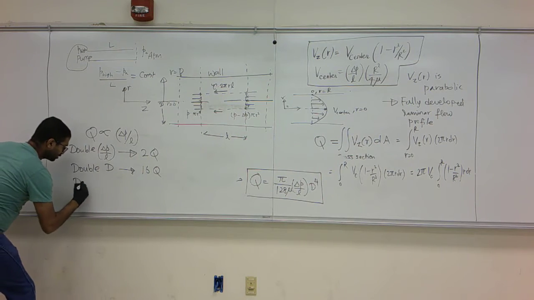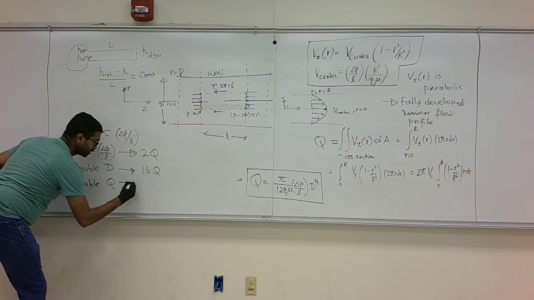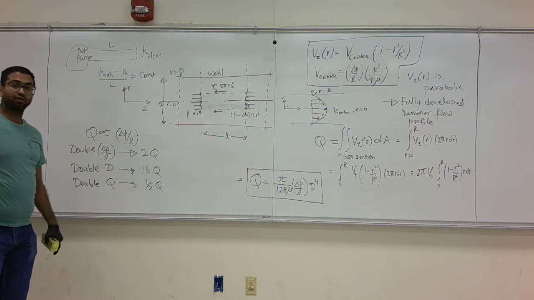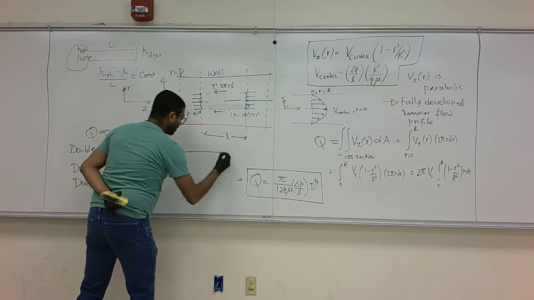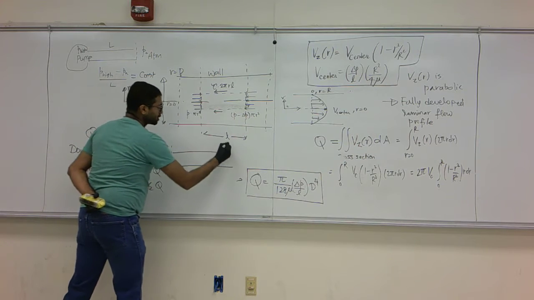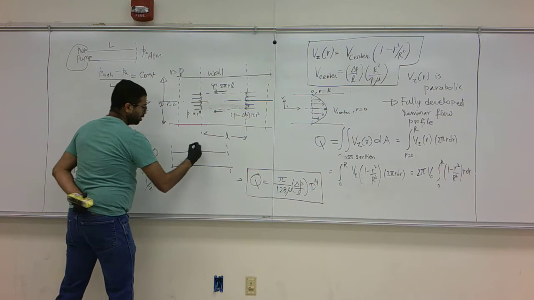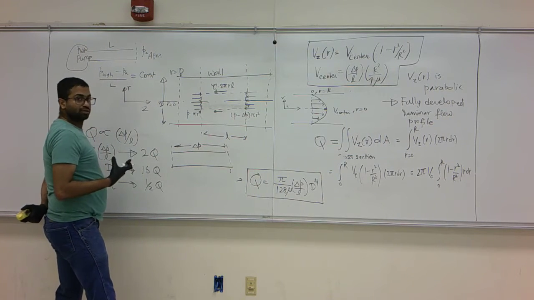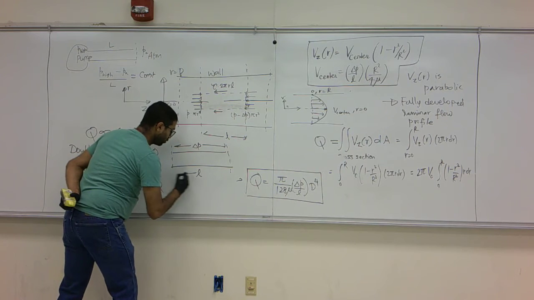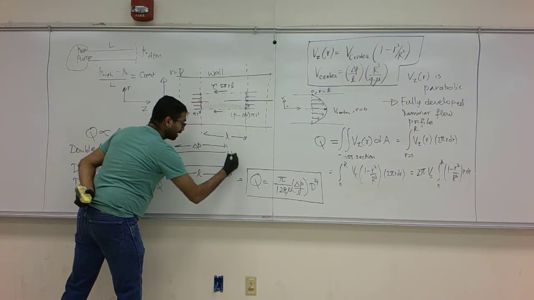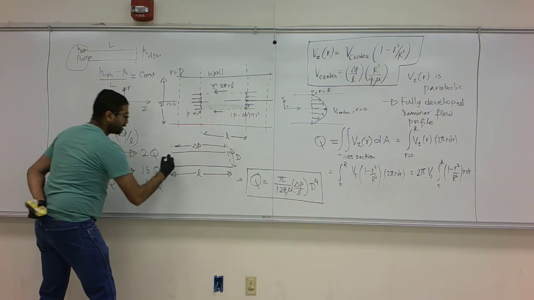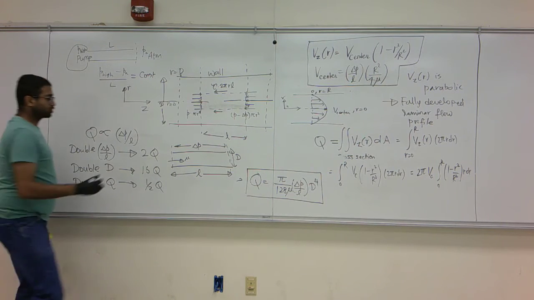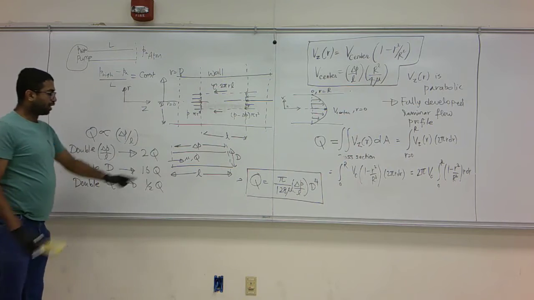If I double the viscosity, I get half the flow. If you put a thicker fluid, you get half the flow rate for the same pressure drop. So if you are operating a flow between two sections, you could have control over the delta P, because what happens outside the pipe can be controlled with a pump. You could have control over the length. You could select the diameter. You could select what flows through, or the viscosity. And the flow rate that goes through is connected to all of these.